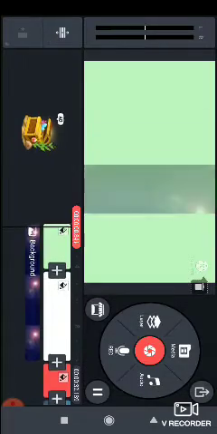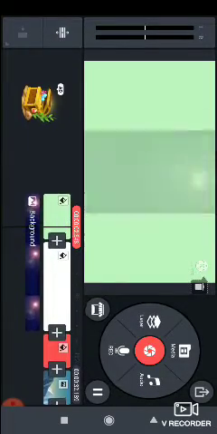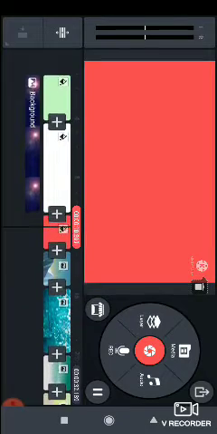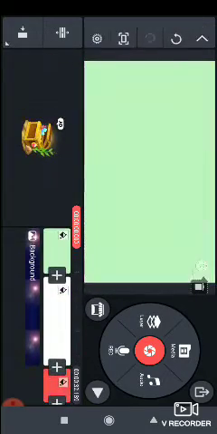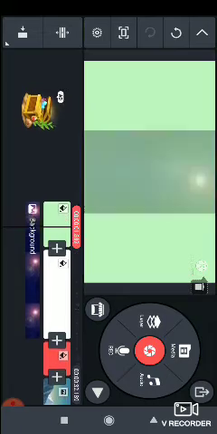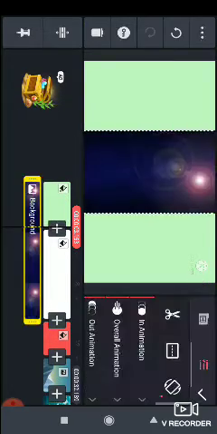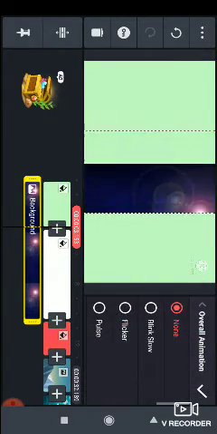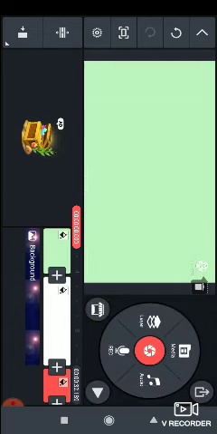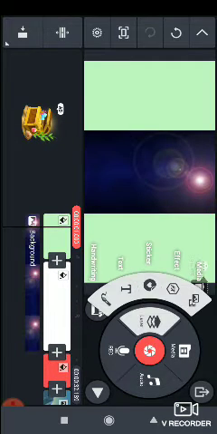Now let's see how it will look in animation, overall animation also. And at last we'll see the out animation. See, the out animation has come. It was looking nice. Now I have shown you how to put photos. I don't want this overall animation now. Now let us see how to put videos.